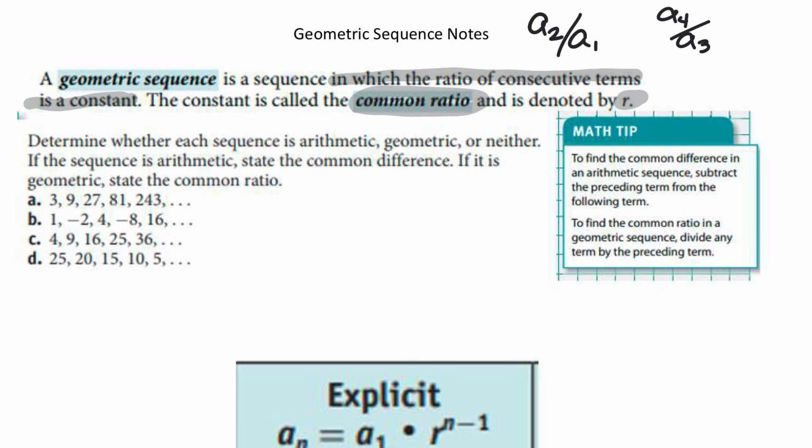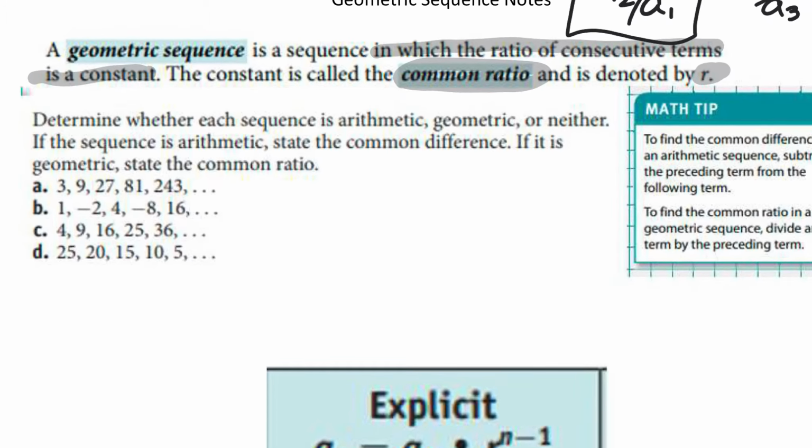Whatever we choose to do, we should see a common ratio between these values. You may recognize the pattern on some of these, and that's perfectly fine, but it's also very important that we are able to find the ratio when there is not a specific pattern